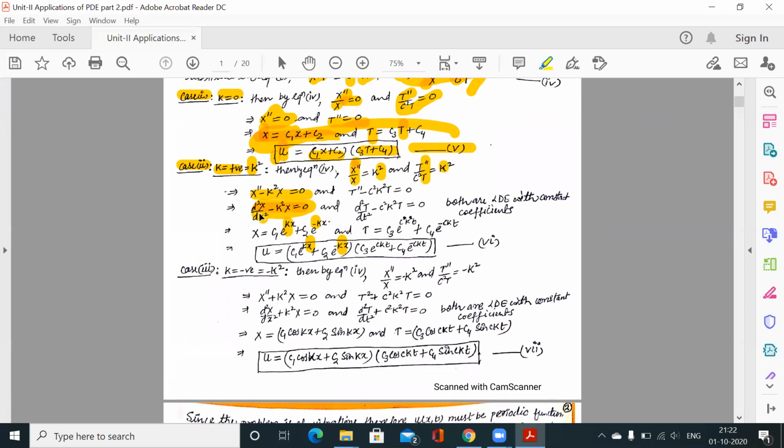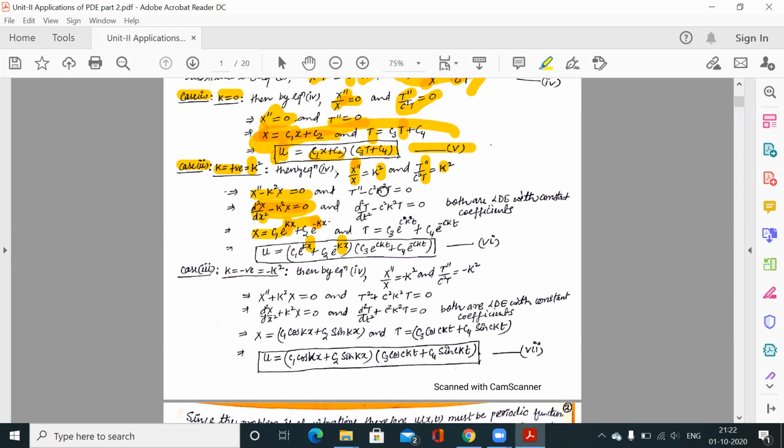So how to write CF? First we have to write the auxiliary equation. So m square minus k square is equal to 0. What will we get? The roots of this equation: m square is equal to k square, that means plus minus k. So plus minus k are real and distinct roots. So for that we know how to write CF: C1 e to the power m1x plus C2 e to the power m2x. So roots are plus k and minus k, so plus kx and minus kx. So this is the solution for this equation.